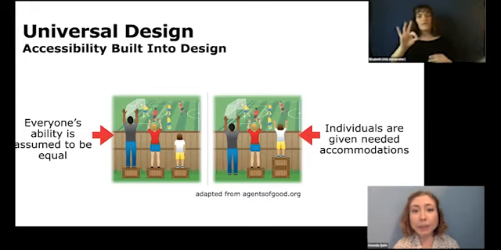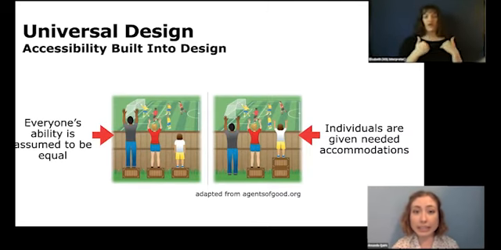I'm going to take a moment to explore this idea further using a graphic that is often used to describe the difference between equality and equity. In the left panel of this graphic, there are 3 individuals. Each is standing on one wooden box. In front of them is a fence that you can't see through, and behind the fence is a soccer game. The individuals are of all different heights, so not all of them can see the game if they are sighted. And in this scenario, everyone's ability is assumed to be equal.